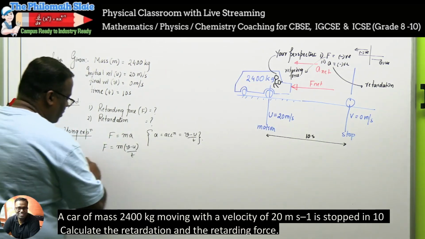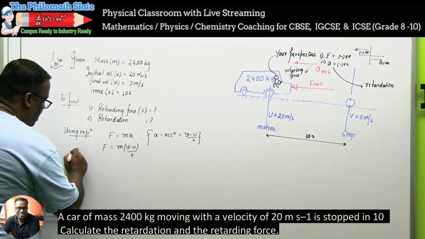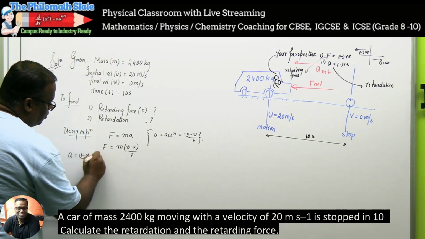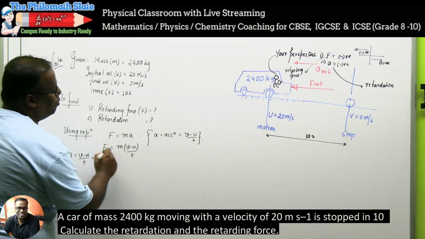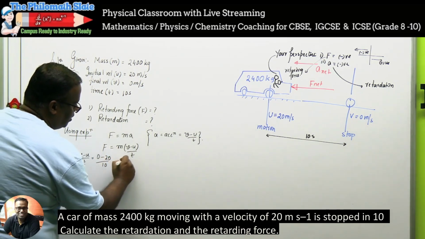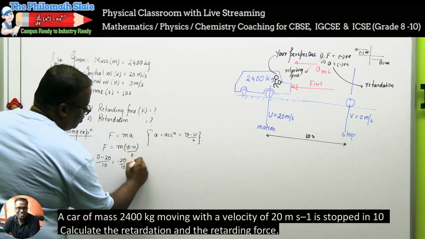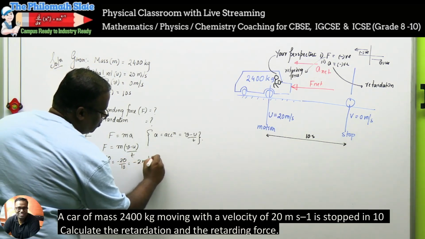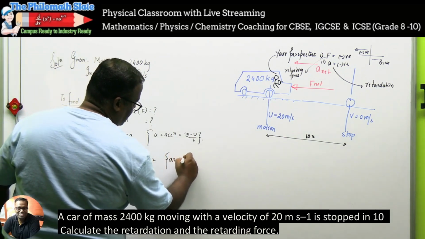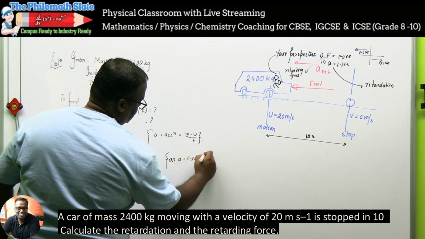So we will calculate a is equal to v minus u by t. What's the value of v? 0 minus, moving at a speed of 20, divided by 10, which is equal to negative 20 by 10, which is equal to negative 2 meter per second square. So we write here that a is negative, therefore